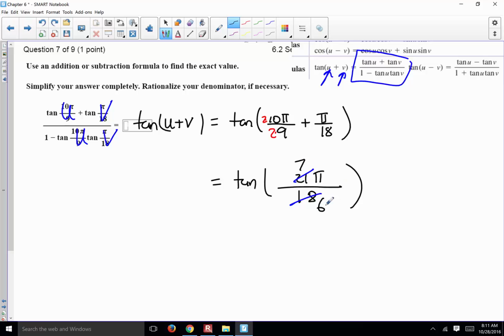7 pi over 6. What's the reference angle for 7 pi over 6? If you change this into degrees, 210. So this guy has a reference angle of 30, but this is in quadrant 3. In quadrant 3, tangent is positive, so it's equal to tangent pi over 6. I'm doing reference angle work here. So ref angle is